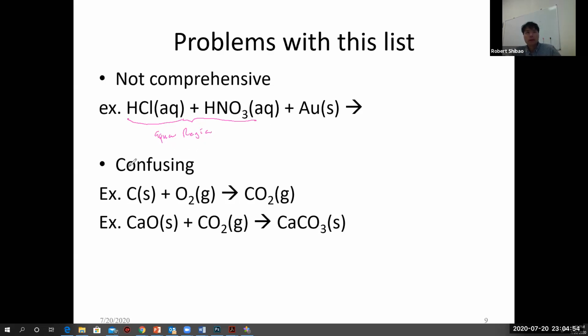Sometimes it's confusing. For example, this is a combination reaction, A plus B yields C. This is also a combination reaction where you have compound A plus compound B yields compound C in this case. But the mechanism, the driving force for these reactions, are totally different though. So it's a bit confusing. That's why I call it element plus element. Element plus element combination reaction is a redox reaction. We looked at these. And so you could form different oxides of carbon, just like we did for nitrogen. This bottom one happens to be an acid-base type reaction here.